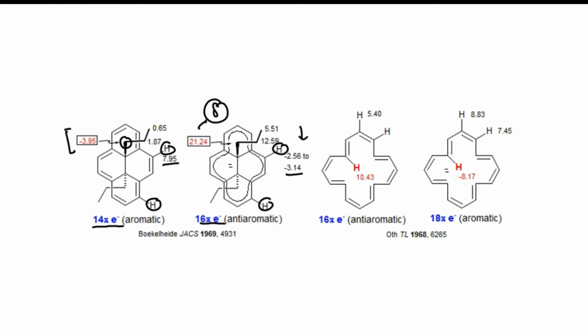Here is another set of examples. Here you can see that this is an anti-aromatic compound. The internal hydrogens, which were negative for the aromatic compounds, have a very high delta value here. But the peripheral hydrogens in this case have a low value, not a negative value but a positive value, though still very much lower than what it should be for the peripheral value, which is 7.95.